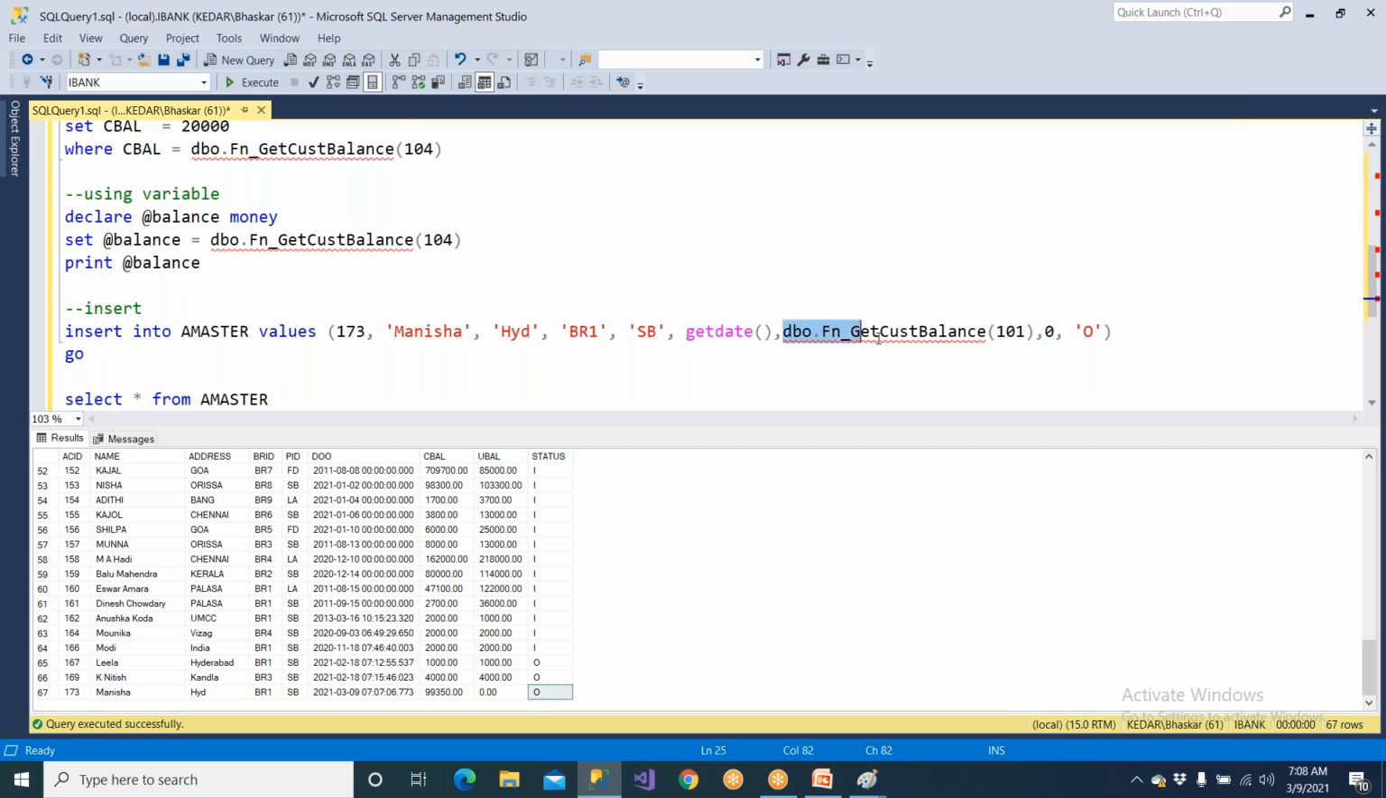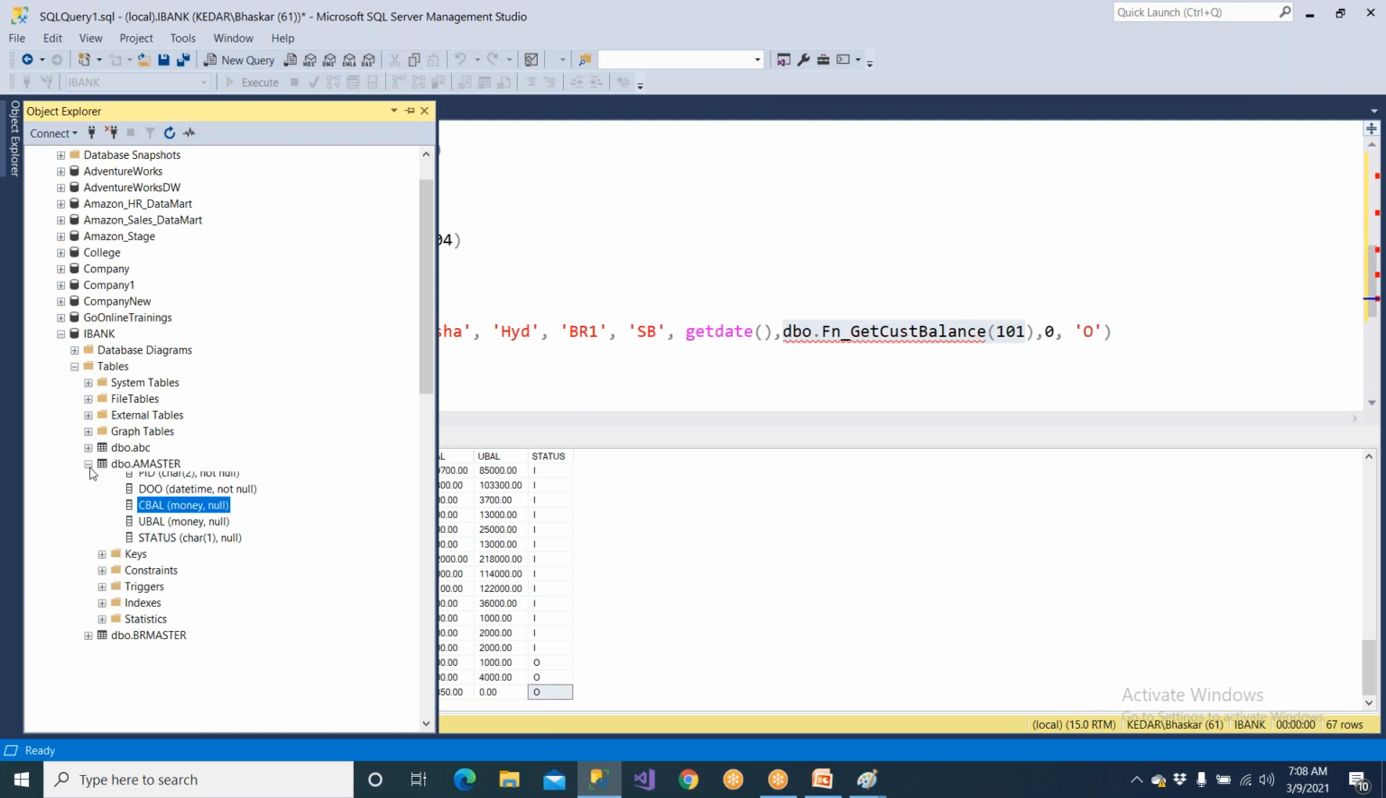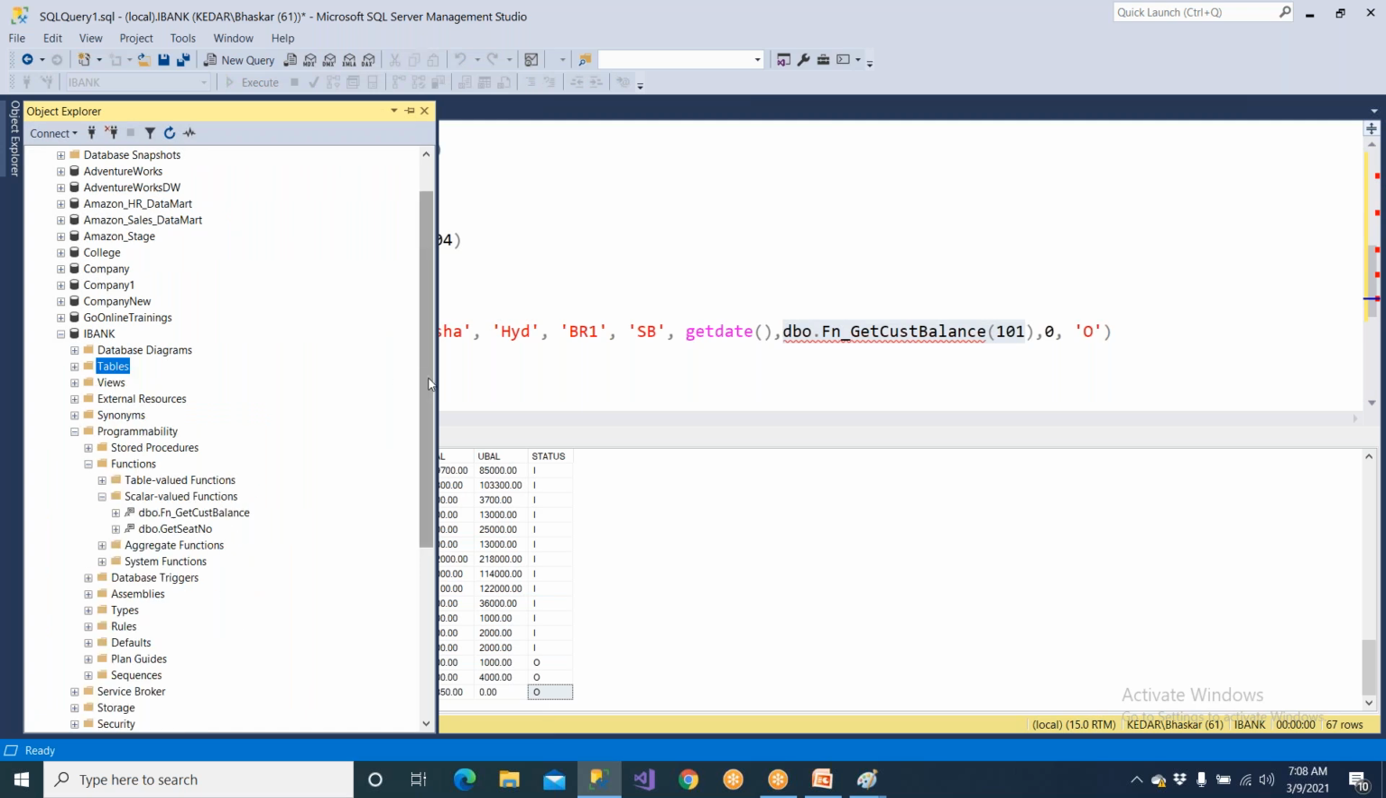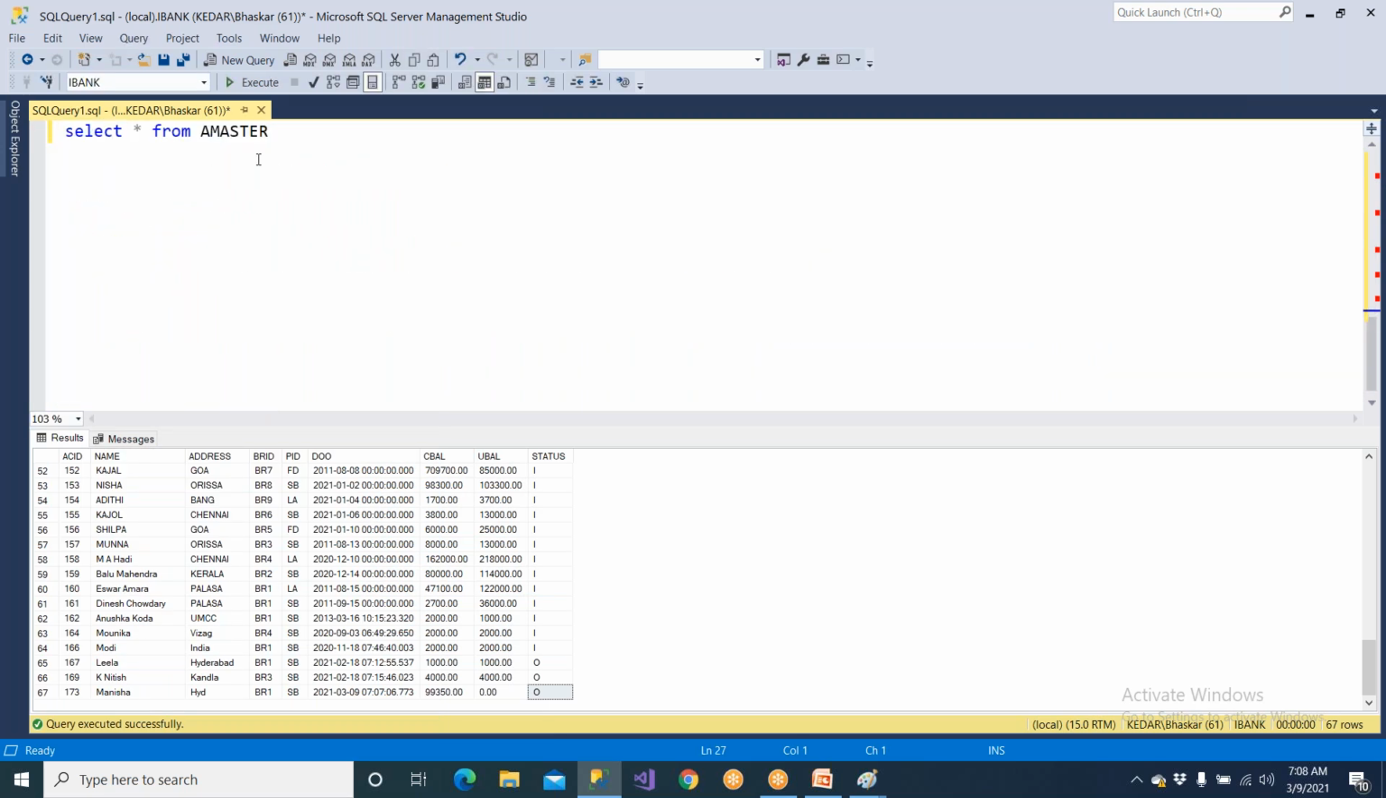This function is called a scalar function. It is going to give you only a single value. Clear? It's not going to give you multiple values. It's going to give you a single value. So this is what is called scalar functions. If you wanted to get the function body, or say the schema of the function,